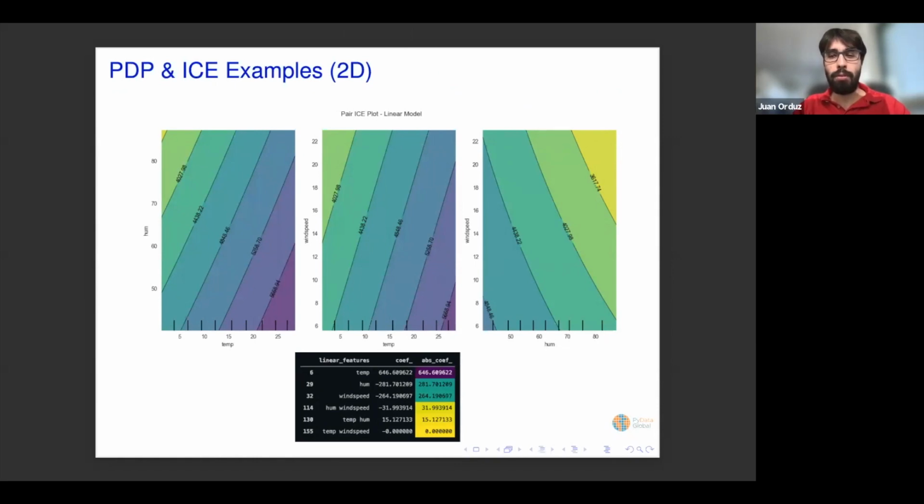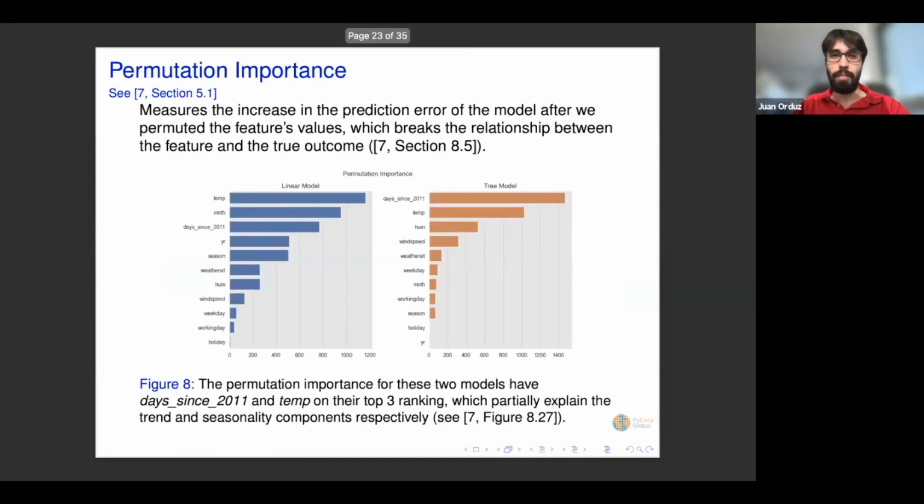But the only thing that I want to remark here is that for wind speed and humidity, these partial dependency curves in this case are not straight but a little bit curved, and that also the effect of the interaction effect. So you could see in the bar in the box below where you have the beta coefficient, that the beta coefficient of this interaction is the highest among these two. So this you can also do for 2-dimensional plots.